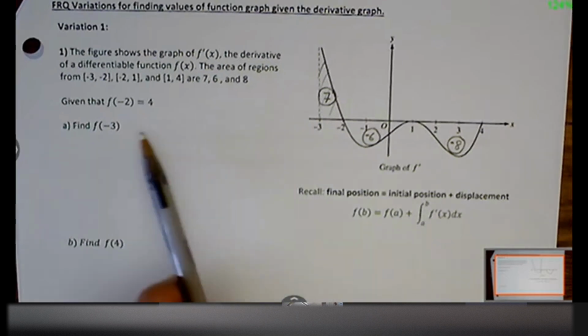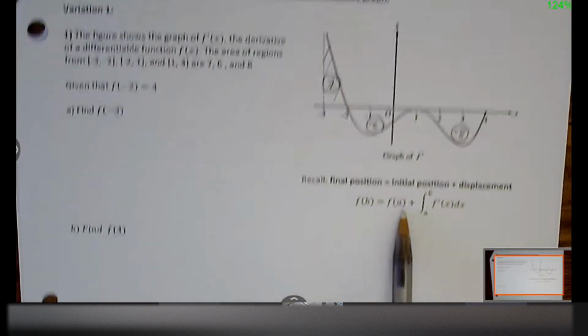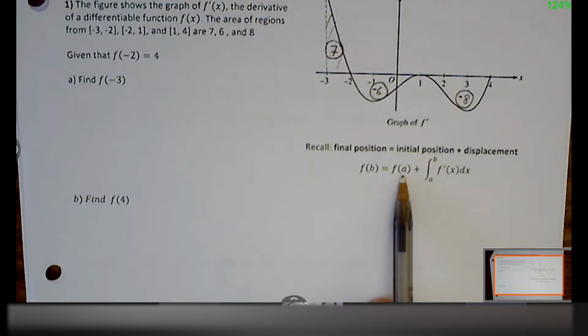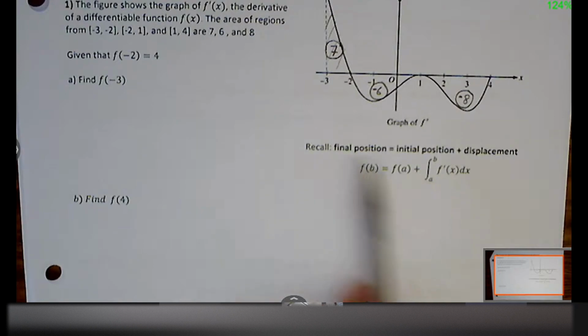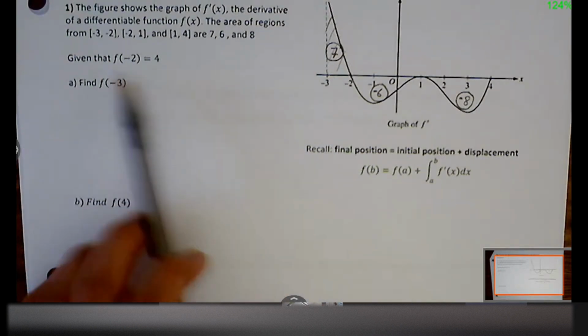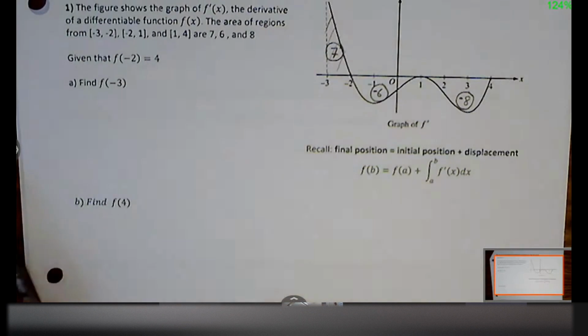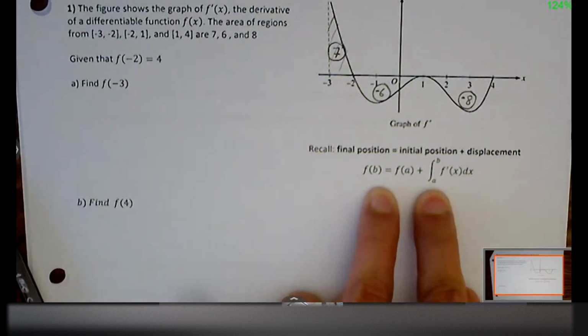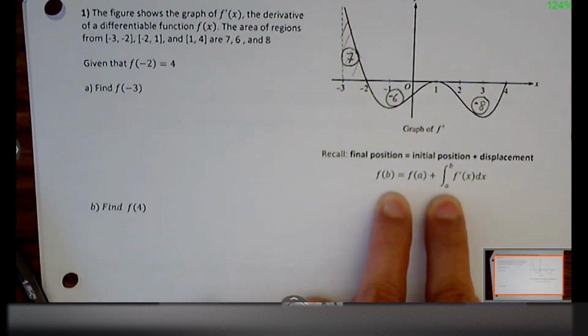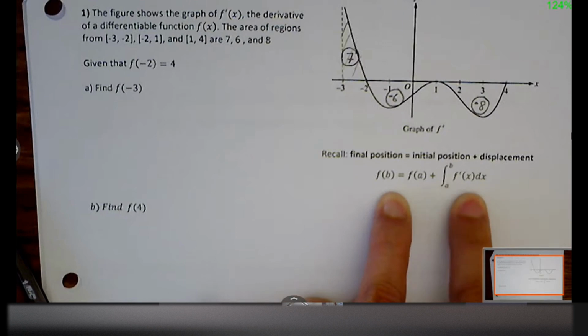But if I want to find a physical location, I need to be able to anchor it to a starting point, to an initial point. So if you see the setup where I give you a derivative and a starting point, we got to be able to go through this formula here. Final position equals initial plus displacement, and this will be on your formula sheet.